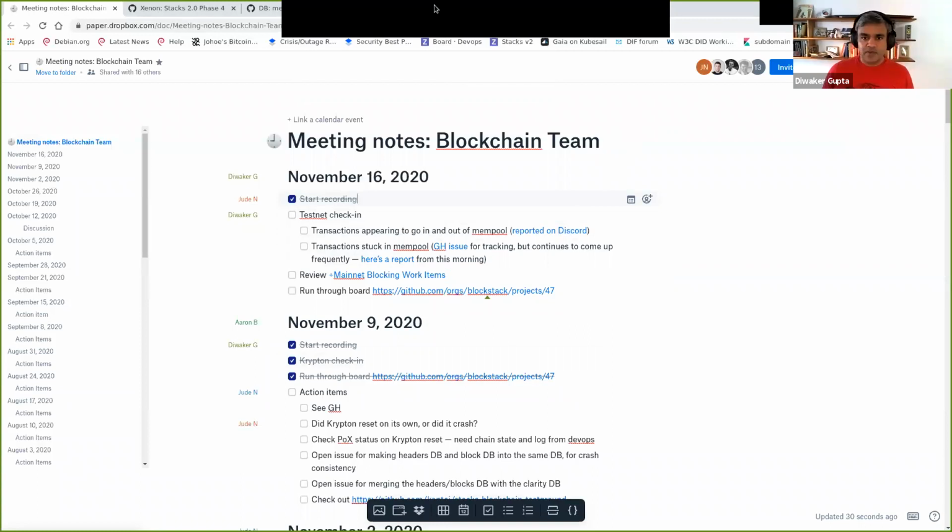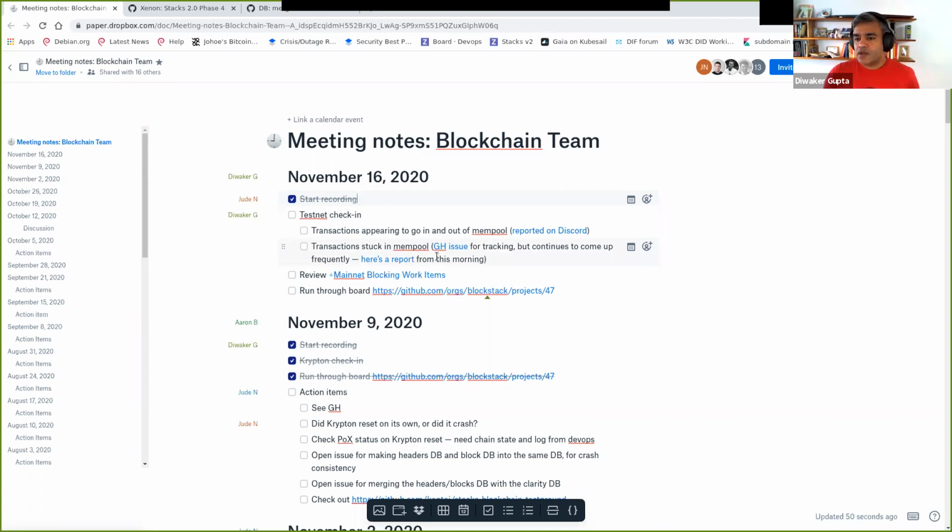Yeah, while we are waiting on him to join, the first issue, Thomas reported it over the weekend. I think Aaron just opened a new issue for this. Most likely it's an issue in the Stacks blockchain API and some interaction with the event stream. I think the current suspicion is that when it receives a transaction confirmed event, it temporarily takes it out of the list of transactions that it reports are pending in the mempool, and that causes this kind of weird behavior from the explorer's perspective, where